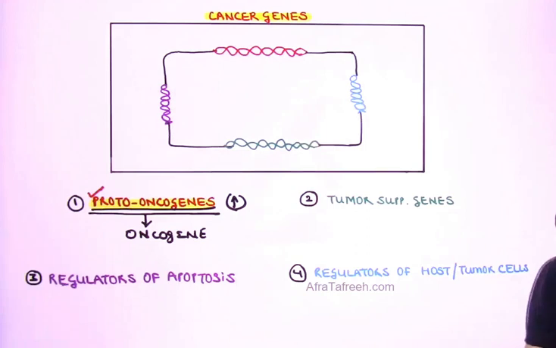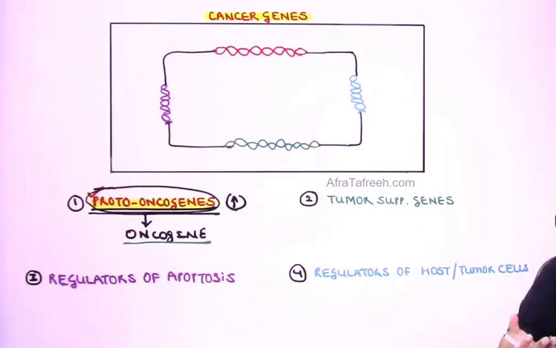So oncogenes are derived from proto-oncogenes. Remember, a single gene mutation can be responsible for causing a cancer, and what we need to remember here is that usually in the normal cell, physiologically that is a proto-oncogene, but the altered form is given the name of oncogene, and that is what is going to have a dominant effect. The second category of genes that we talk about are given the name of tumor suppressor genes, what I have been showing here in the green color.